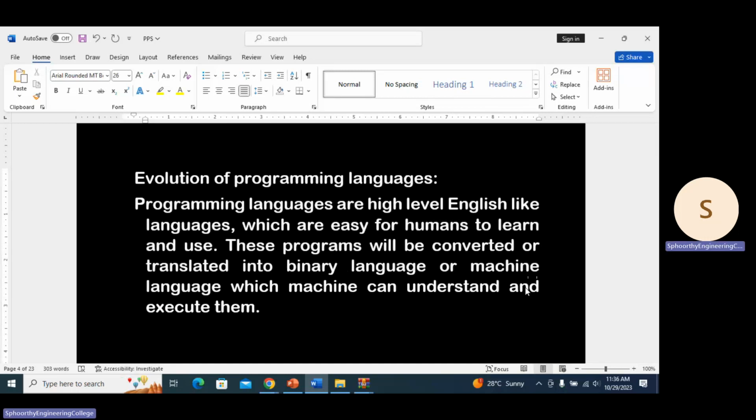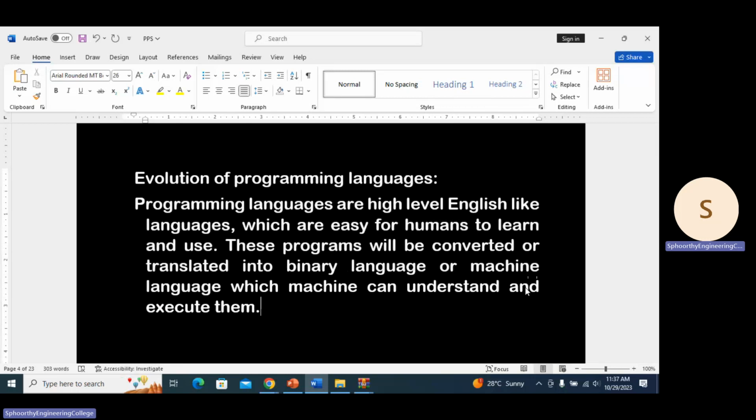So, the entire journey started with a single point, that is, computers are very fast and accurate than humans, so people wanted to use computers to solve complex problems. But in order to talk to a computer, you should know the language of the computer, which is binary language, and it is very tough for us to use binary language. That's the reason we use high level English like programming languages to write our instructions or programs to the computer,